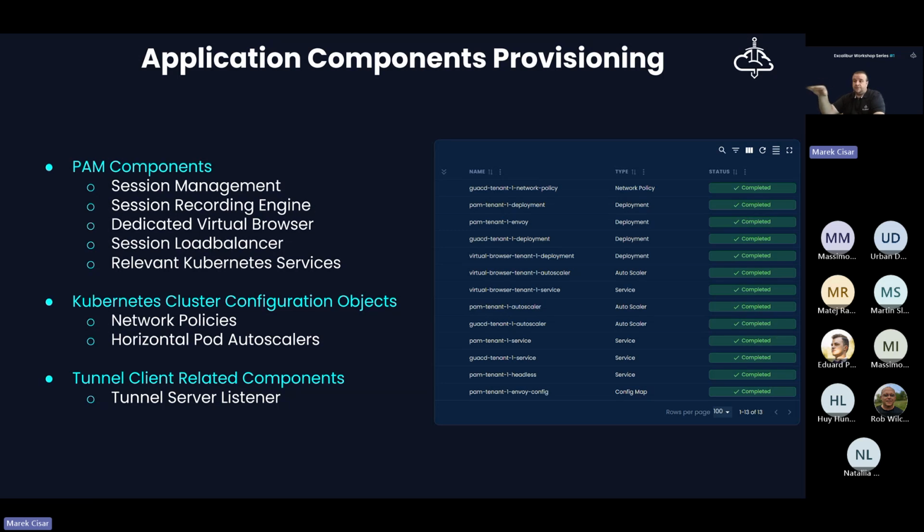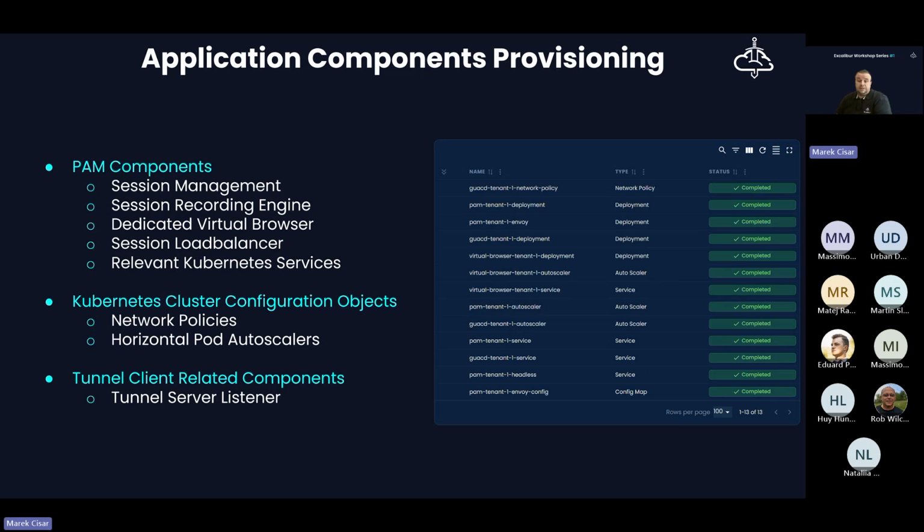So there is also a dedicated session load balancer. And also, since those components are part of a Kubernetes type deployment, each deployment must be covered by a related Kubernetes service. So every relevant Kubernetes service is also dedicated to a provisioned tenant.